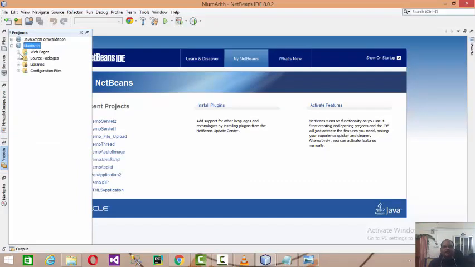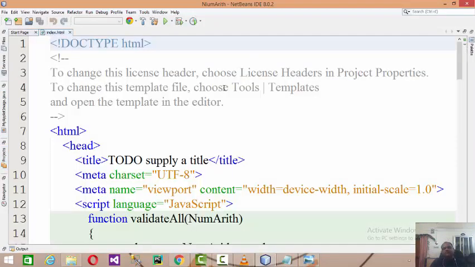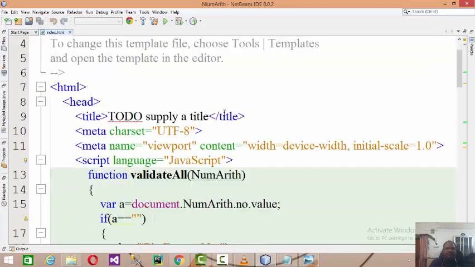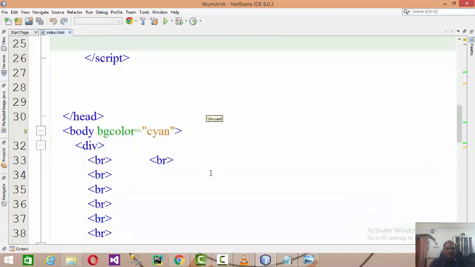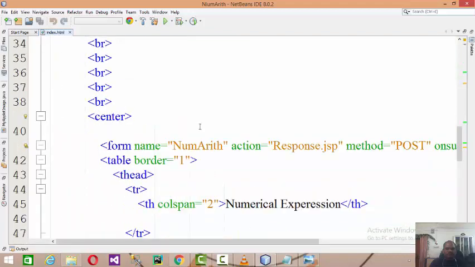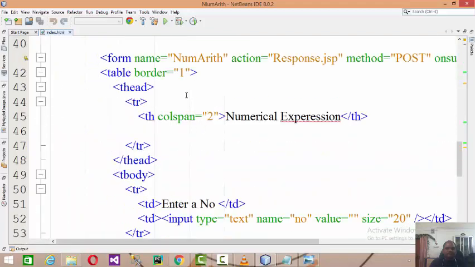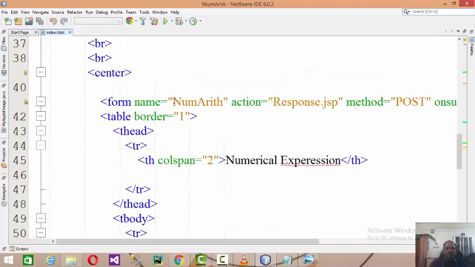Let's say we are not focusing on the server side logic, which we already know, but on what we did on the client side, right? In the client side, ultimately we have a form by the name of numerical arithmetics. The form's action will be response.jsp and method equals post, right?